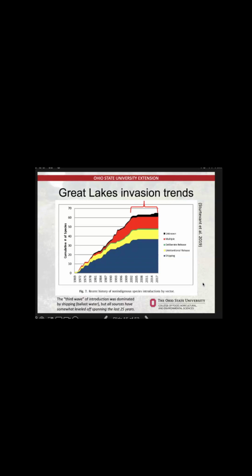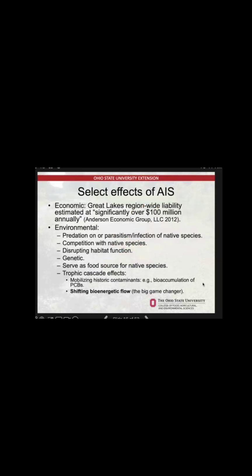Of course, there are going to be effects of invasive species. Economically, it's been estimated, and these numbers are 10 years old now, so add 10 years of inflation to this, that dealing with aquatic invasive species, like cleaning zebra mussels off of power plant intakes, or the loss of property value because of dense coverage of some aquatic plant, is estimated to cost the entire Great Lakes region more than $100 million each year. Environmental effects we can think about in terms of